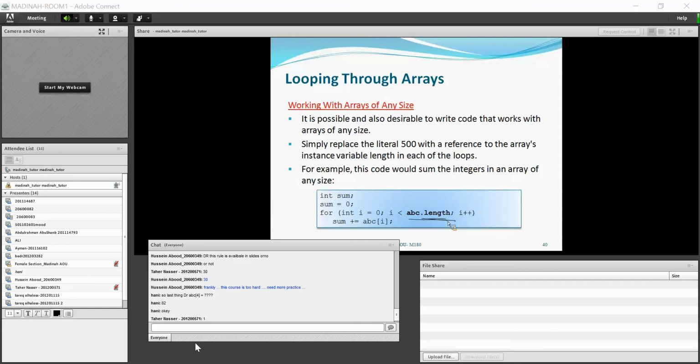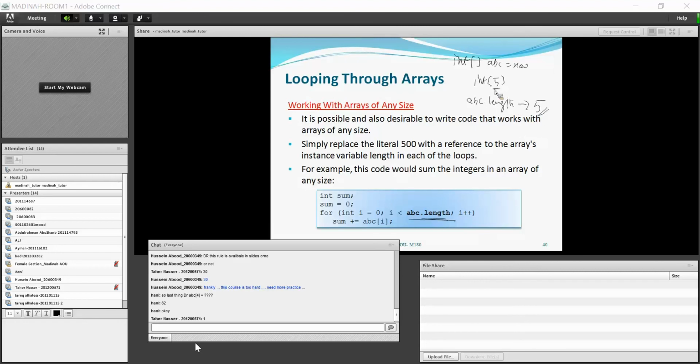So for example here, let's say you have an array, int abc is equal to new int of 5. Now abc.length is nothing but the size of the array, that is 5.